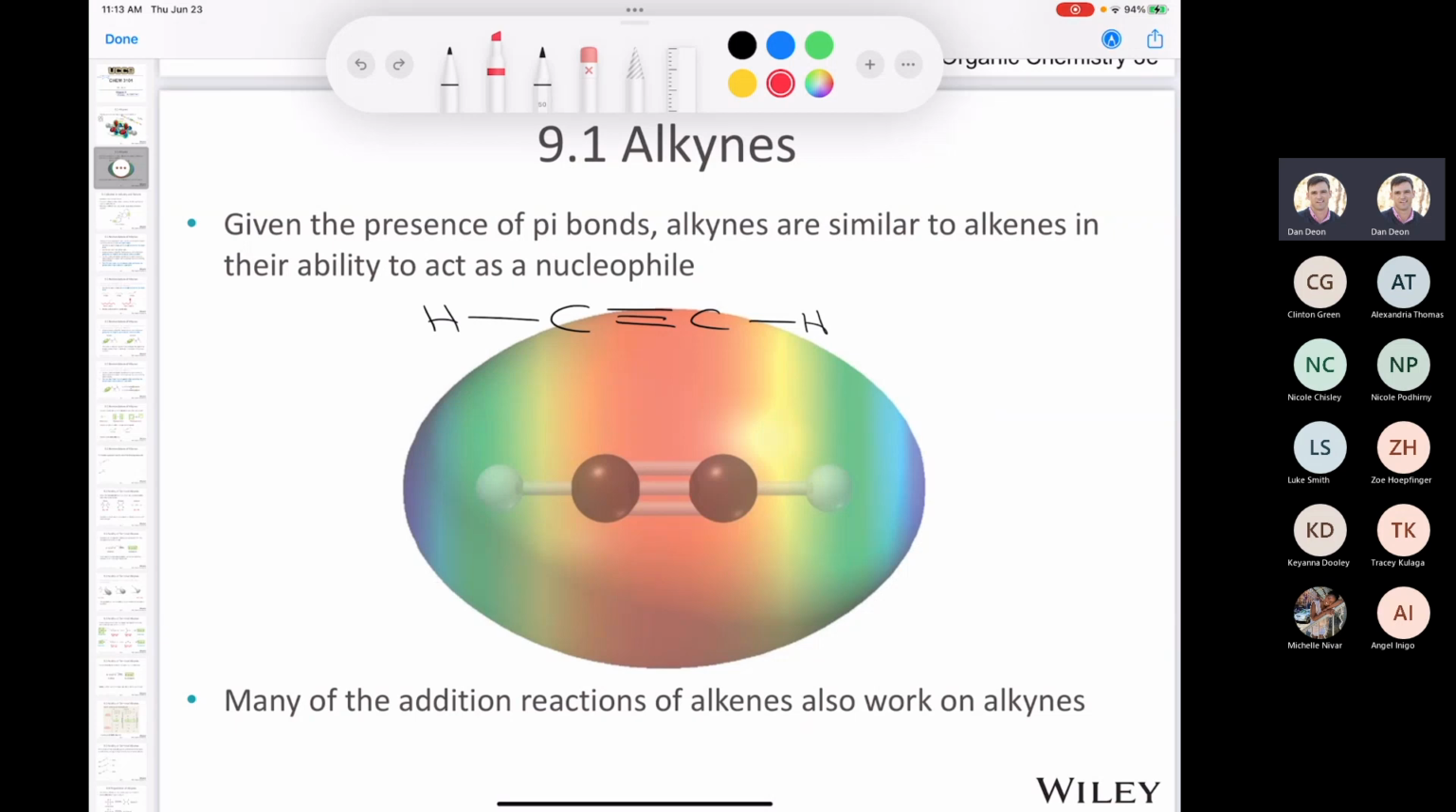So it says a pi bond here, the pi bond of an alkyne, can act as a nucleophile. Many of the addition reactions that we saw with alkenes are going to work on alkynes, things like halogenation, hydrogenation, hydration, and we'll look at some others as well. Well, if you're wondering,